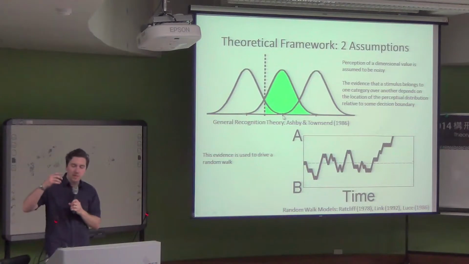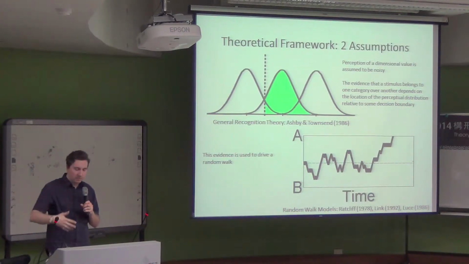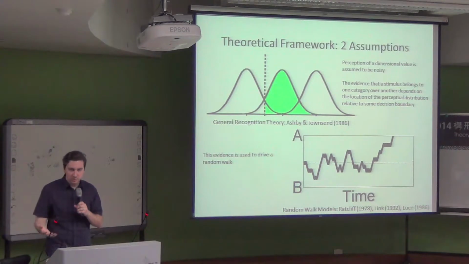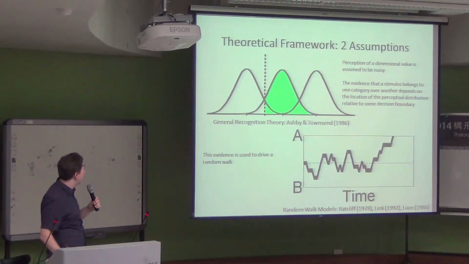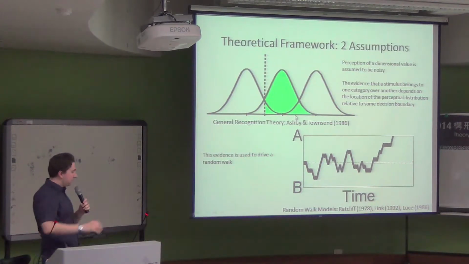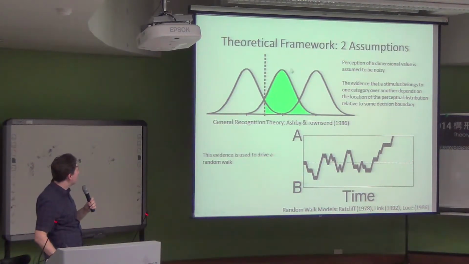So if you think about what's happening on a discrete step, if you want to give a descriptive analogy for what's happening in discrete time, in each step you sample a perceptual value from this distribution. If it falls to the right of this boundary, then your random walk process takes a step up. If it falls to the left of this boundary, and it will do that some of the time because some of this distribution crosses over there, you take a step down, and you keep accumulating evidence until you hit one of these thresholds. So if you hit this threshold, then you make an ultimate response of category A. If you hit the bottom threshold, you make a response of category B.